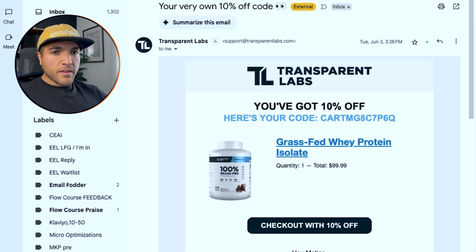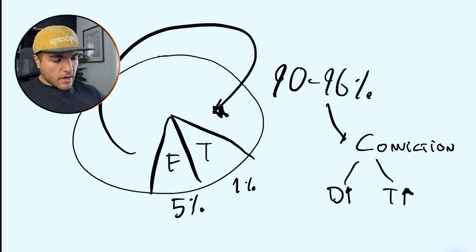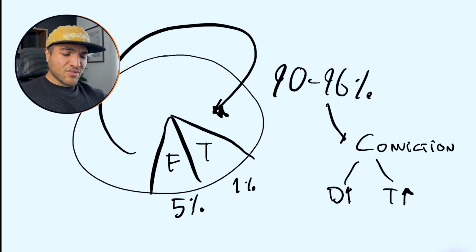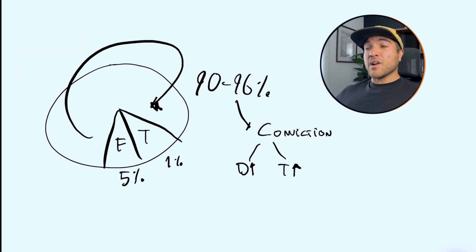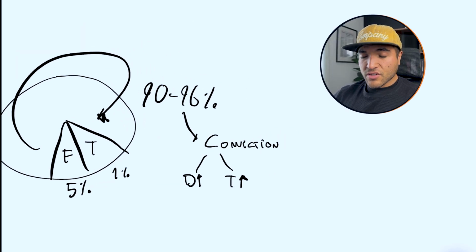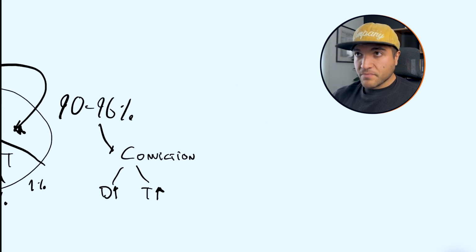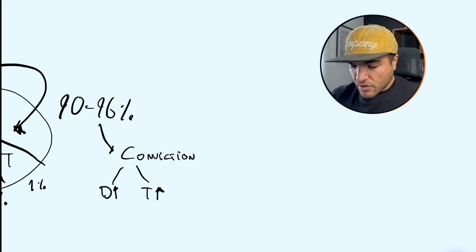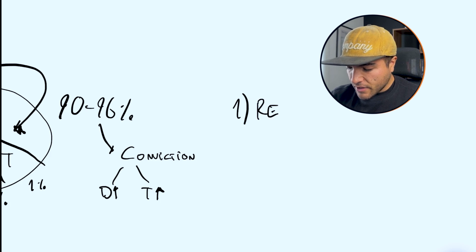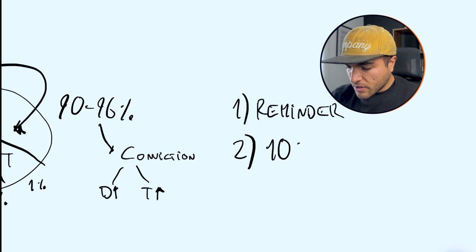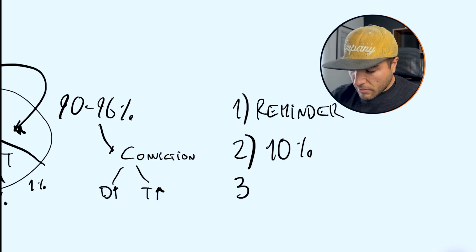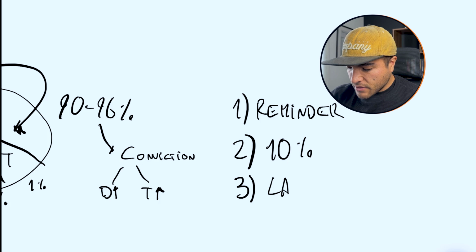So right now, the cart abandonment structure looks super templatized, which is the reason why I'm leaning into thinking they just set up the default Klaviyo template, which goes like this. Email 1, here's a reminder. Email 2, here's 10% off. Email 3, last chance